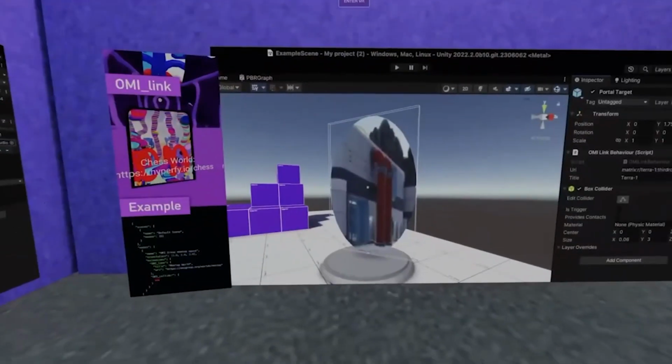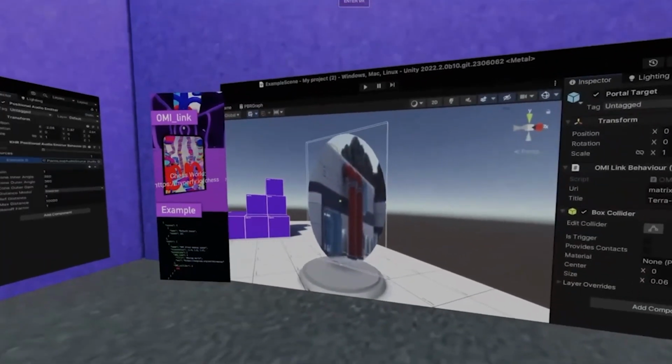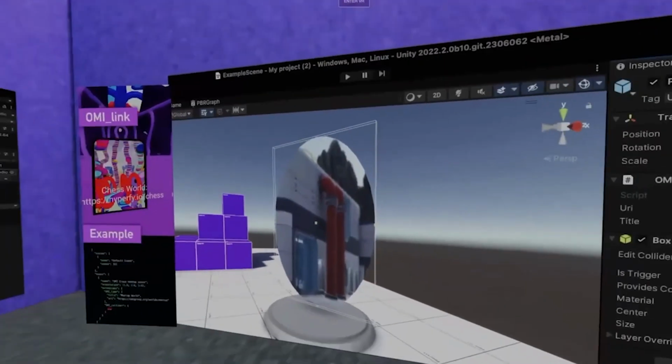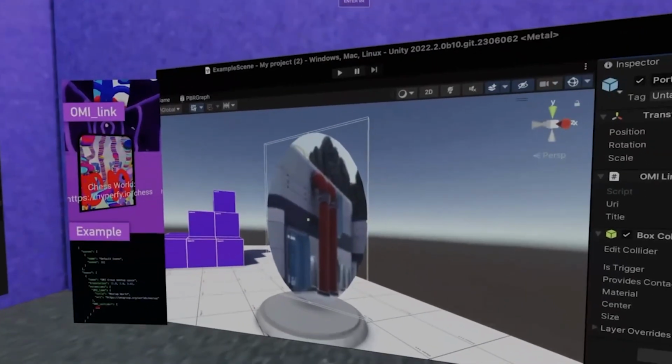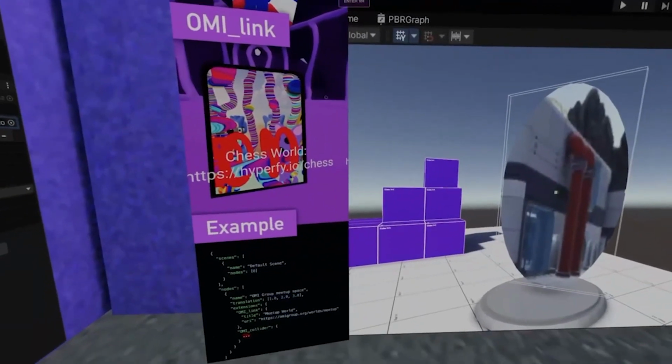And another extension that we're working on is the OMI Link extension. This one is also in Third Room and in the 3 Object Viewer plugin that we're in right now. The OMI Link extension allows you to link portal out to different spaces.